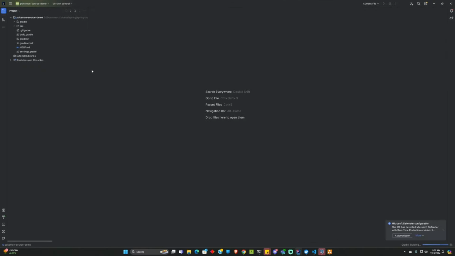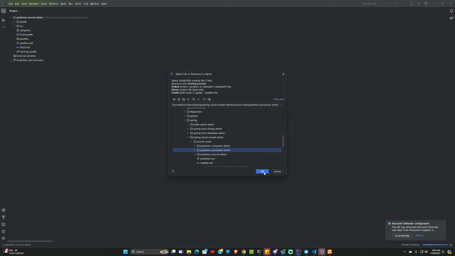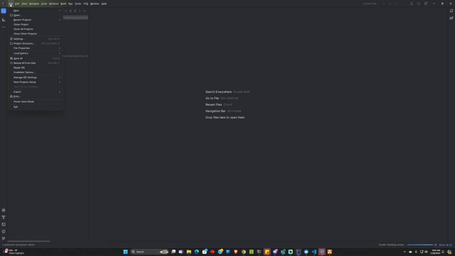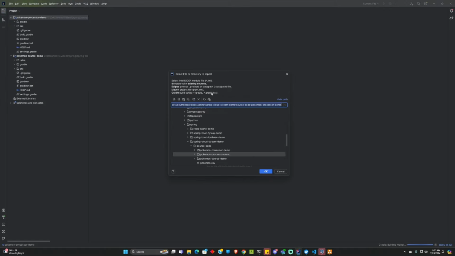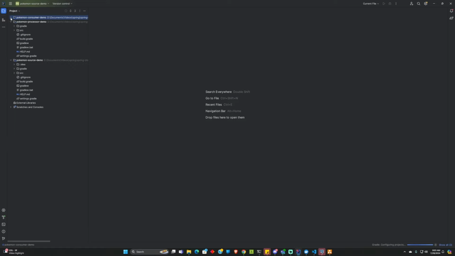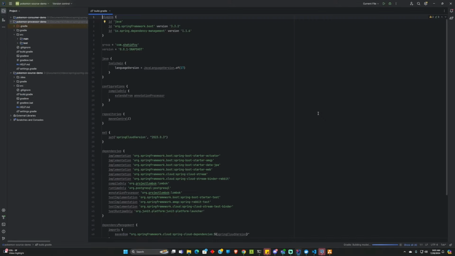And I'm going to import the rest of the services. So new module from existing sources. We're going to select the processor, Gradle, create, and then another one, new module from existing sources, and consumer. Okay, so now we got all three of these in here. I'm going to start on the source one, and then we're going to work our way source, then processor, and then finally the consumer. So the first thing you want to do is go into the build.gradle file,